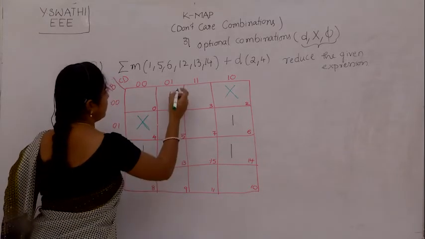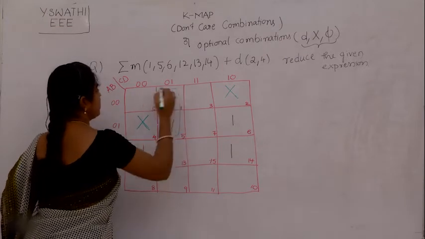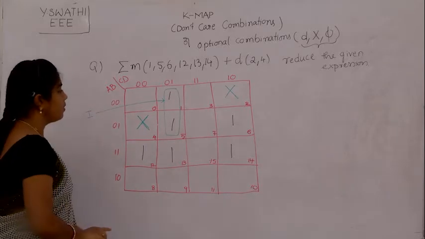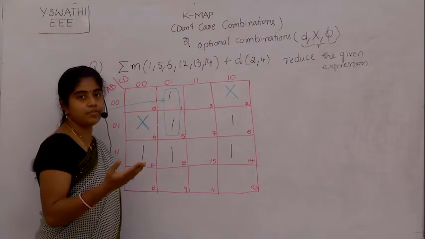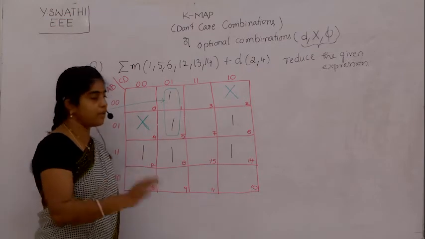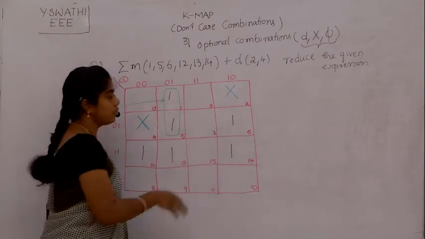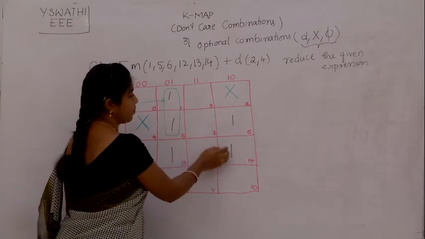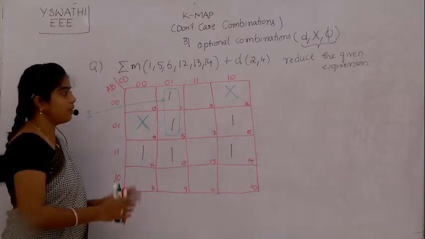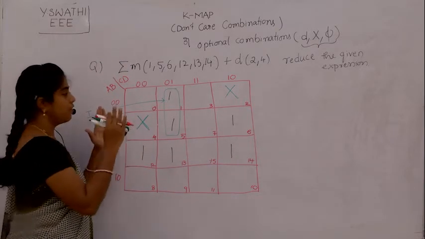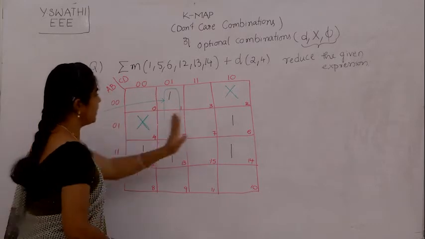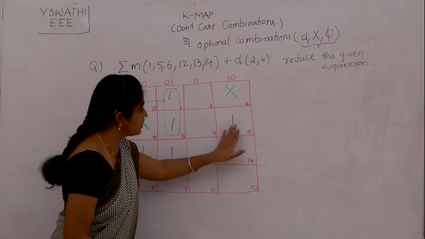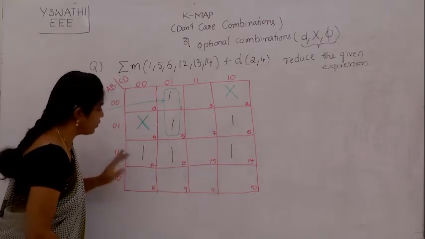This is one prime implicant, the first one. Now what are the other alone ones? No other alone ones, because this one is also adjacent to this. So when we come to the next, we look for pairs. But if you remember the rolling principle, if you roll it vertically, these cells are adjacent to these cells. So this 6 and 14 are adjacent to 4 and 12.